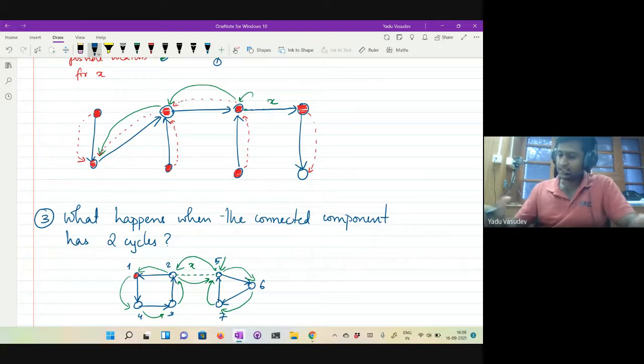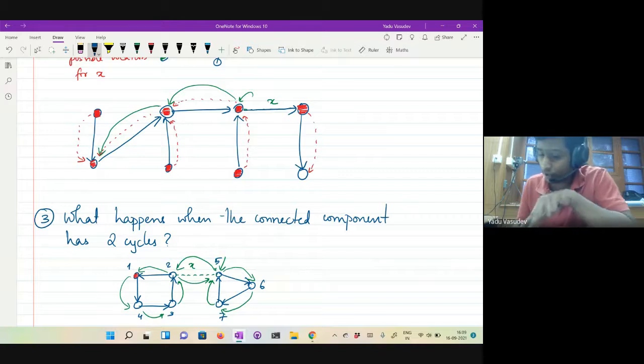And this will just go on. There is no end to this, right? If you try to place the element x into the hash table when the cuckoo graph looks like this, you will just keep on cycling over all the possibilities without actually ending up anywhere, right? So if the connected component has two cycles, then you will not be able to input that particular element into the hash table, right? This is something that we want to avoid. Right? What we want to say is that such a thing cannot happen also, right?